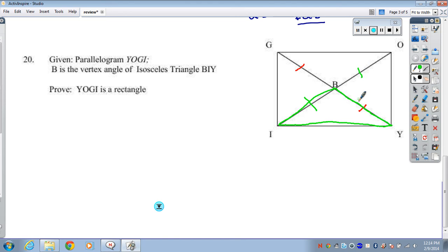There you go. For this to be a rectangle, we need to show that the diagonals are congruent. So everything we just put down and talked about in this picture, we need to actually put down in a proof. So we have a statement,